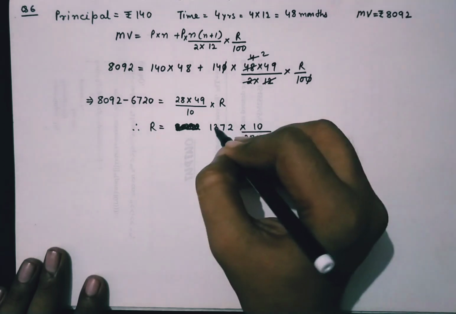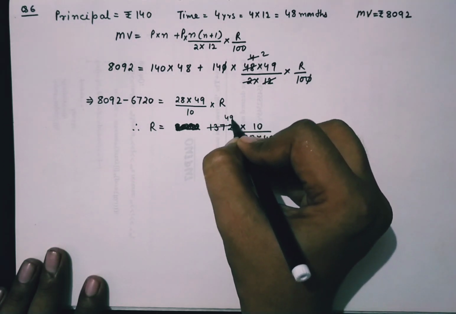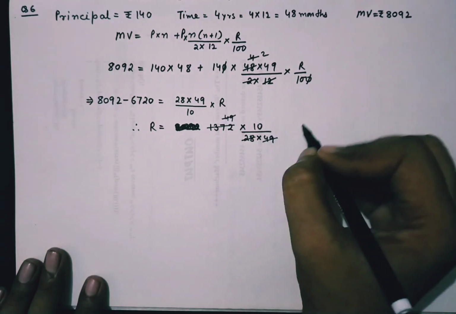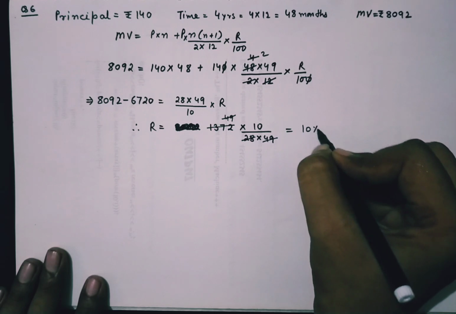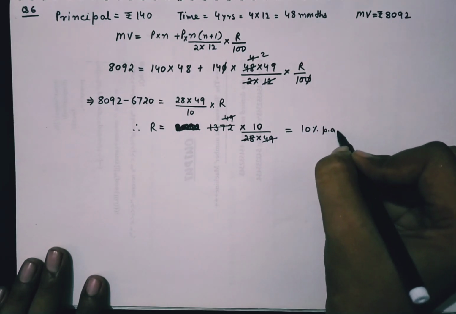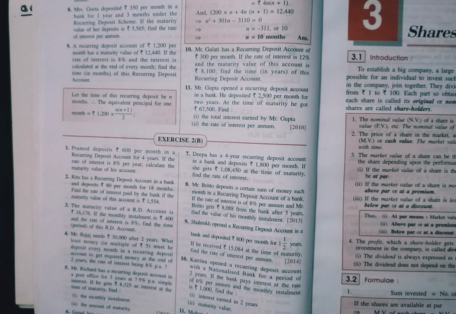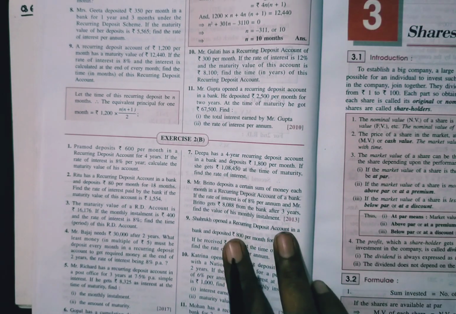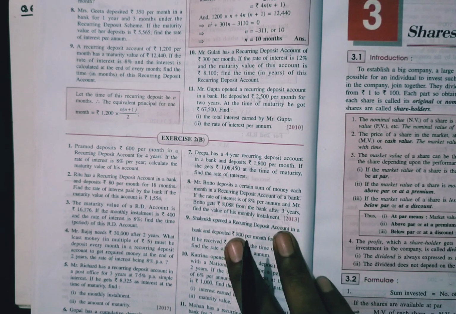28 9s are 49s are this number, and this will be cancelled by this one. So we are left with 10% per annum as the rate for this question. Till now we have discussed the questions in which the maturity value has been asked, principal is asked and rate has been asked. And before going for the question in which the time has been asked, let's see the question